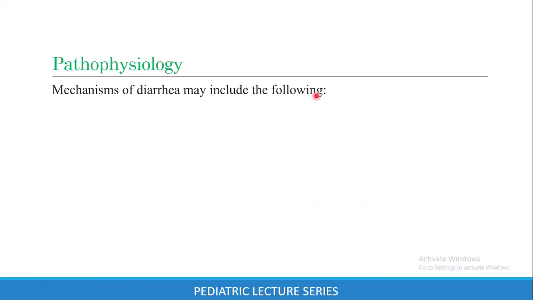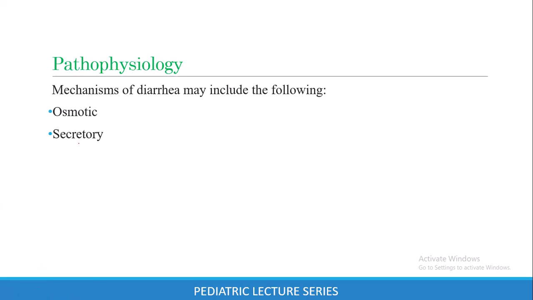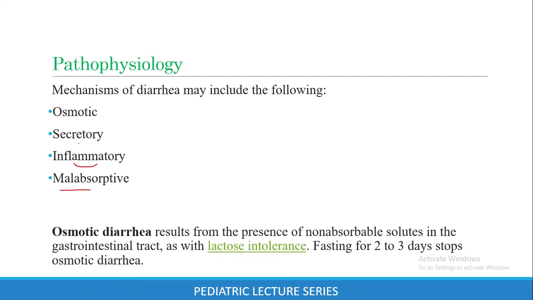In the pathophysiology, generally, we explain it based on the mechanism of production of this diarrhea, and it includes osmotic, can have secretory, then you can have inflammatory, you can have malabsorptive, and then